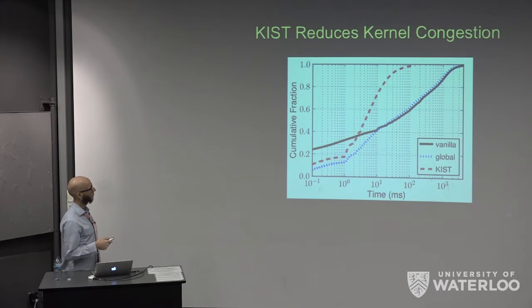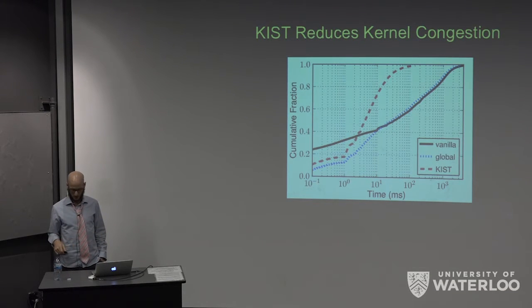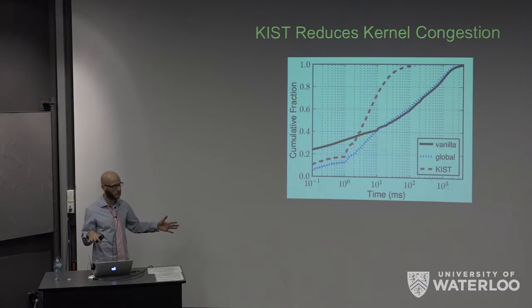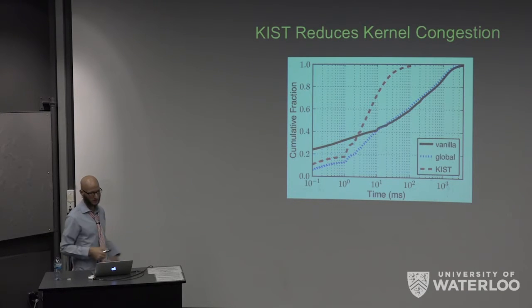So we implemented this inside of Tor. Another nice thing about Shadow is we can implement improvements to the Tor software and then test those improvements across all nodes inside of a Shadow network without having to deploy them to all the nodes in the live network. So using this approach of limiting how much we write to the kernel, we then again ran our congestion measurement experiments, and we see that the outbound kernel congestion is reduced to less than the actual congestion that we found without our KIST improvements. Okay? So we're reducing congestion in the outbound kernel from over here by roughly an order of magnitude